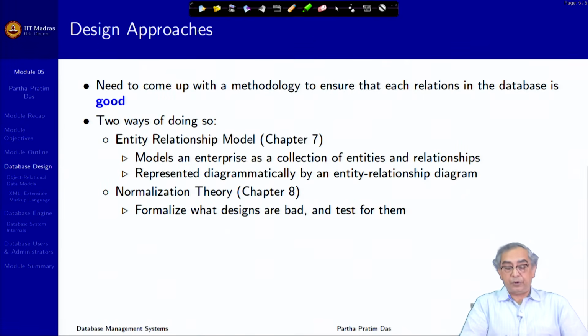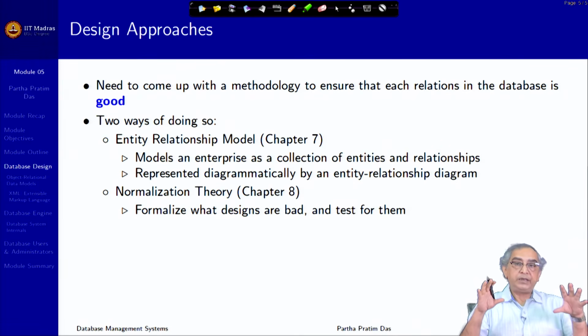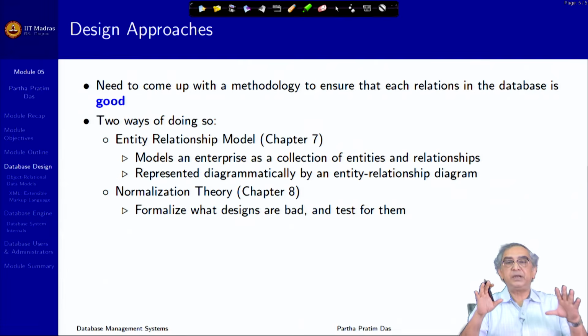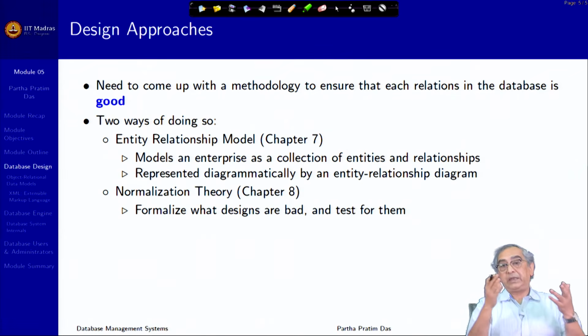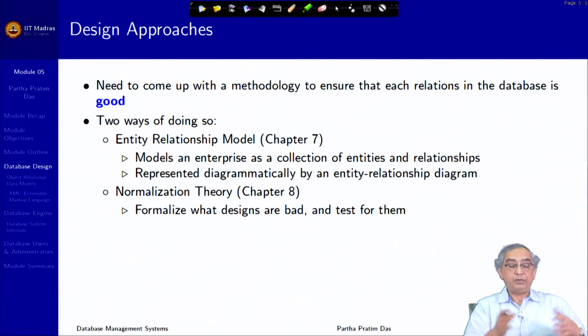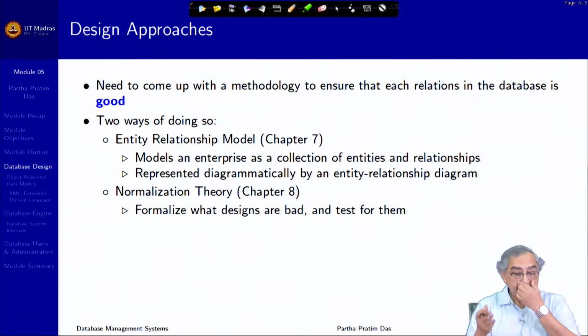So, the design approach therefore is to make sure that every relation in the database is good. There are two ways of doing that and primarily the two ways relate to the two sets of requirements we talked about. The first is the entity relationship model, which primarily tries to capture the business requirements. What are the entities, what are their relationships, what are the attributes, what is the kind of queries we want to answer and so on, and put it in a diagrammatic form called the ER diagram,